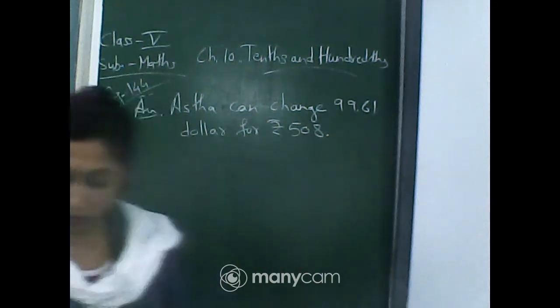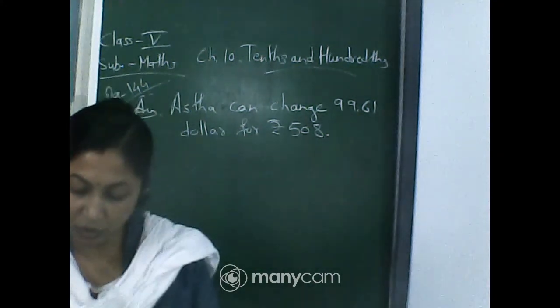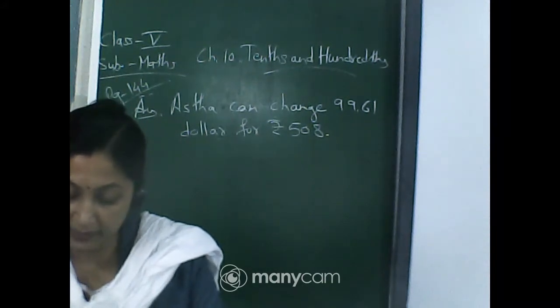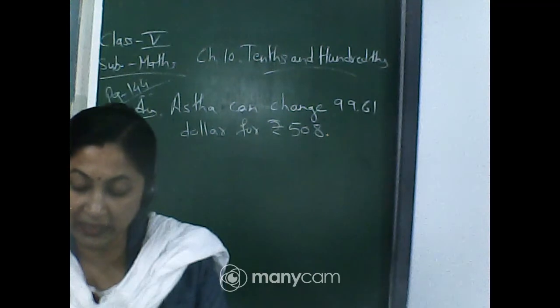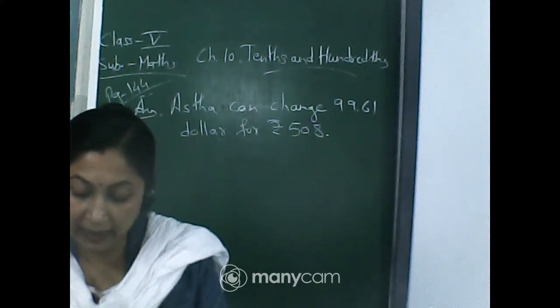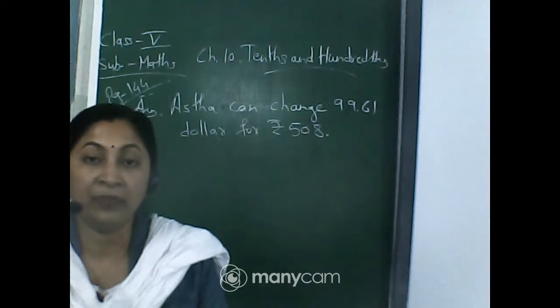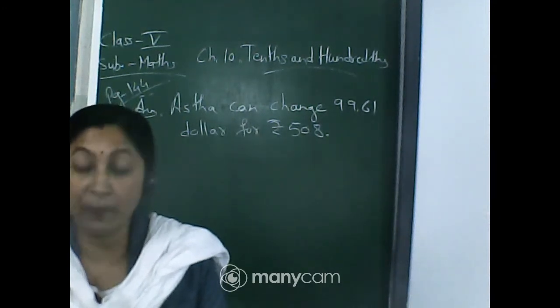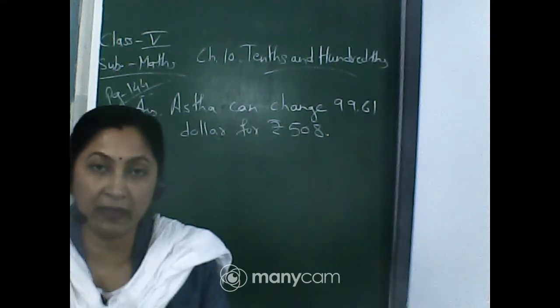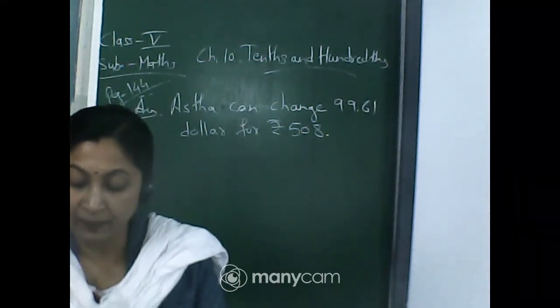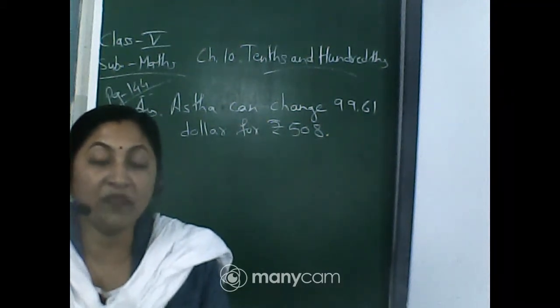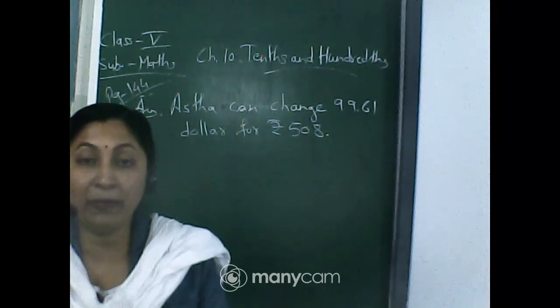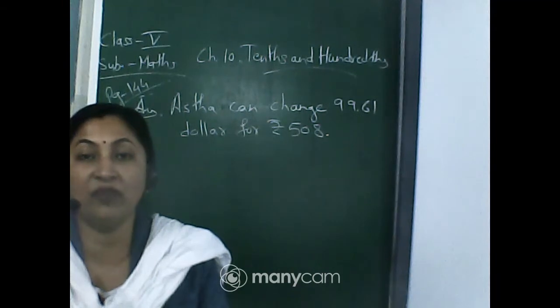Yes. Now come to the next question. Question number 2. Question number 2 is: Kiran went shopping with rupees 200. Look at the bill. The shopkeeper forgot to put the point correctly in the prices. Put the point in the correct place and find out the total amount of the bill. See, Kiran has gone shopping and she has bought these things, and the bill was given to her by the shopkeeper, but the bill was not appropriate. The shopkeeper forgot to give the decimal point, and here the bill is given. You have to see the bill and then you have to give the point.